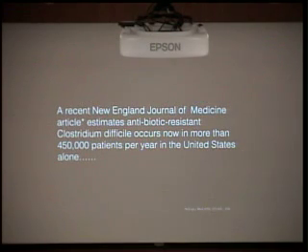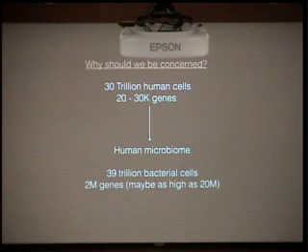And here's even scarier. It's in the Journal of Medicine. This was just out last year. Estimates that about 450,000 cases of resistant Clostridium difficile occur. This is all antibiotic related. So that's a lot of patients. It's 500,000 patients a year are getting sicker because of drugs that we're using. And we're trying to do good. We're trying to get through their problem or their infection, but we also have created a huge problem, and this is where dysbiosis comes in.